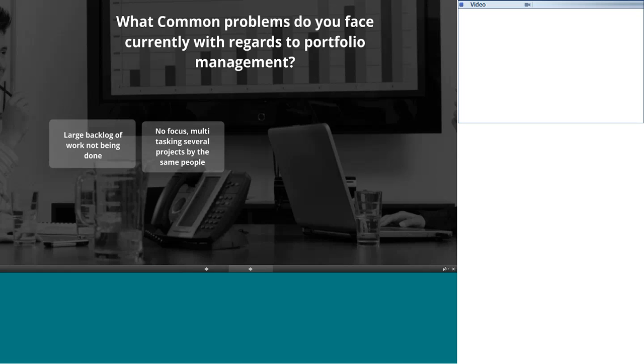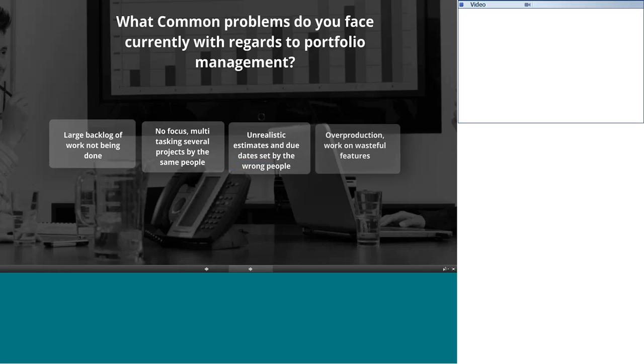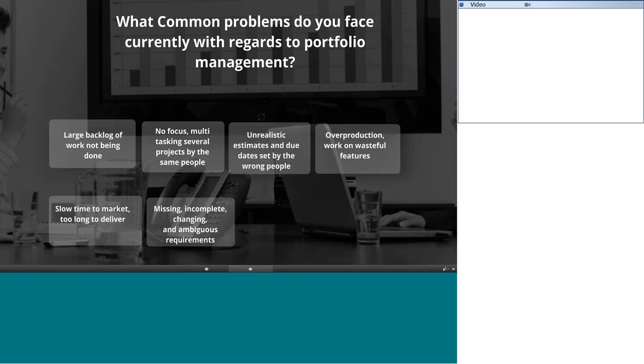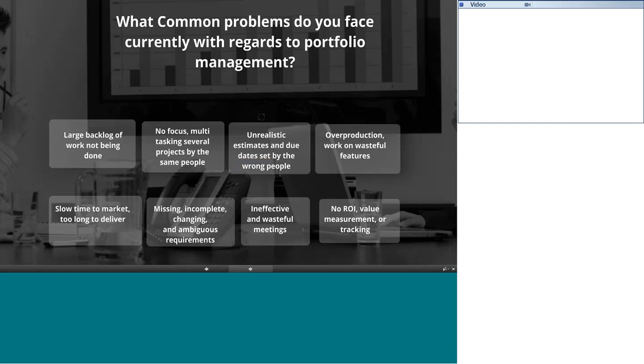You also have no focus, or multitasking on several projects by the same people. Then you have unrealistic estimates and due dates set by the wrong people, overproduction on wasteful features, slow times to market or projects taking too long to deliver, missing, incomplete, changing, and ambiguous requirements, ineffective and wasteful meetings, and lastly, no ROI value measurement or tracking in place.